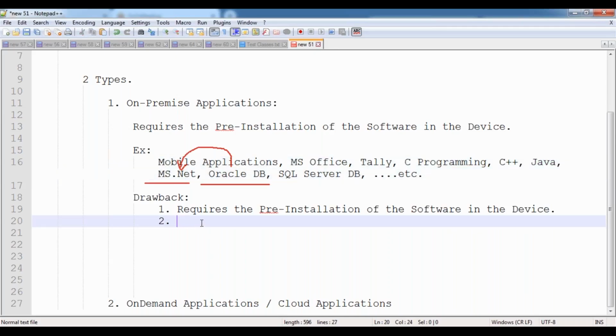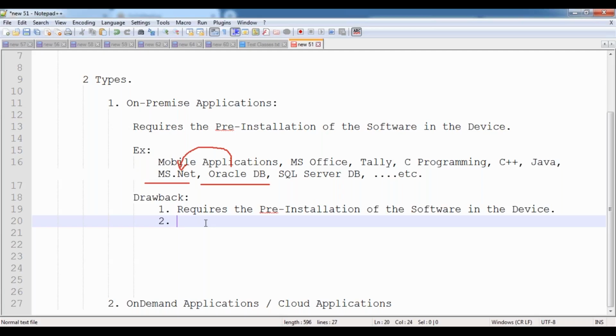So if all devices are not supporting it, then only a few devices are supporting it. That means only a few people can use this software, and the remaining people can't use it, because it is not supporting installation. So in this case, what happened? Because of this problem, so many customers are unable to use my software. I'm losing some customers, some business, some revenue, and some profit also.